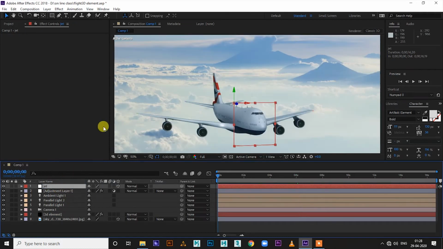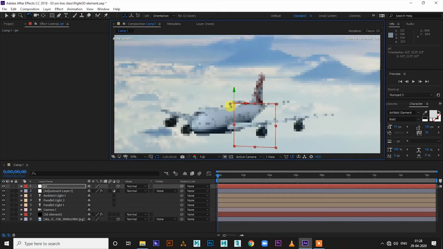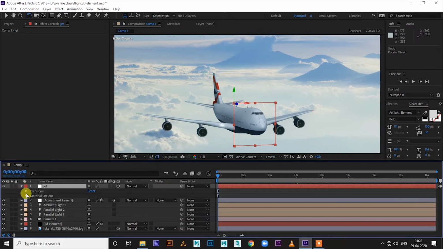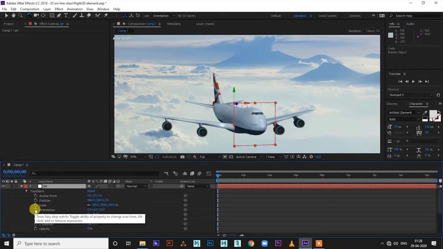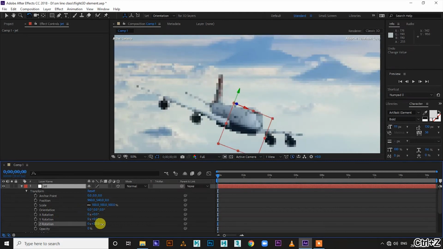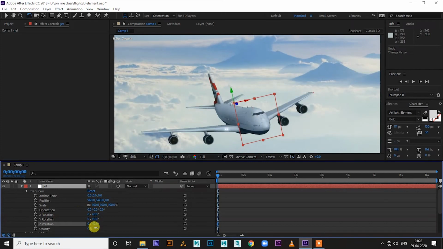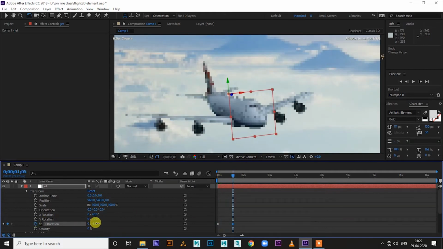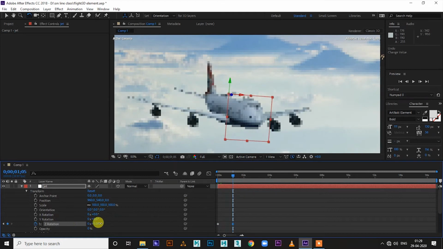So now this is the layer, and whatever things you need to animate depend on how you're going to animate them, right? Like suppose I'm going over here to the orientation, anchor point, or rotations and all those things, I will make it here. You can do all those things one by one, you have to check, right? So suppose I'm doing the animations here, and I'm coming to this much, and after that to this much, right? And after that, if I'm coming